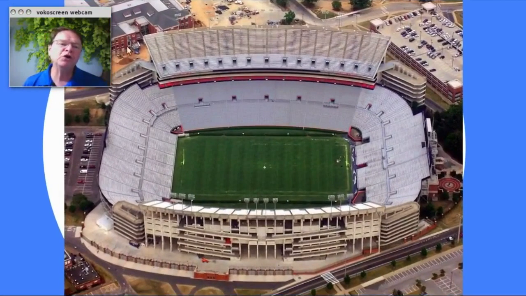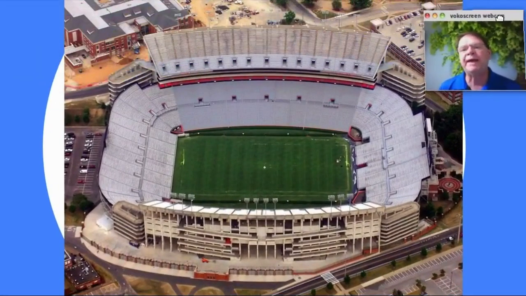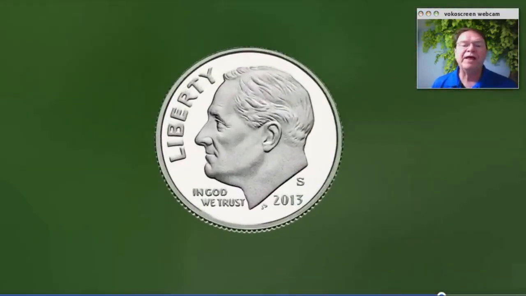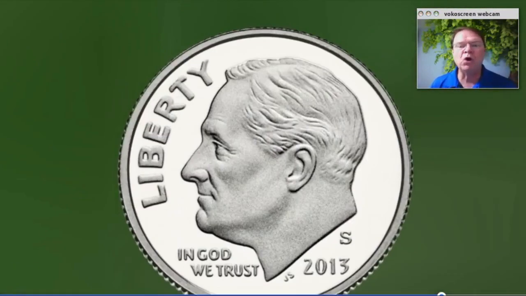Now, in terms of scale, I want you to imagine that if the whole atom is the size of this stadium, how large really is the nucleus inside that atom? Well, if we were to compare this, I want you to imagine, therefore, if you were to take a dime and place that dime on the 50-yard line of that football field, that's the nucleus. That's how small it is in comparison to the rest of the atom. So it's incredibly small.